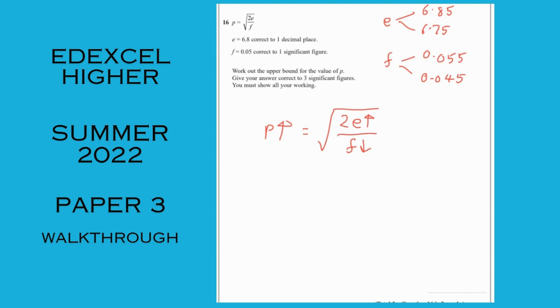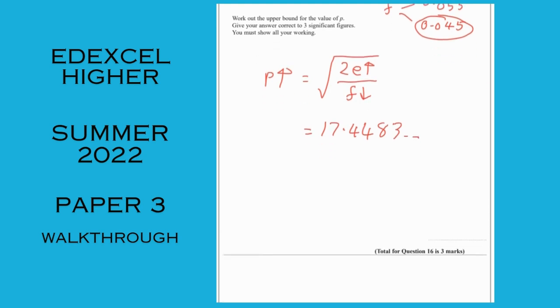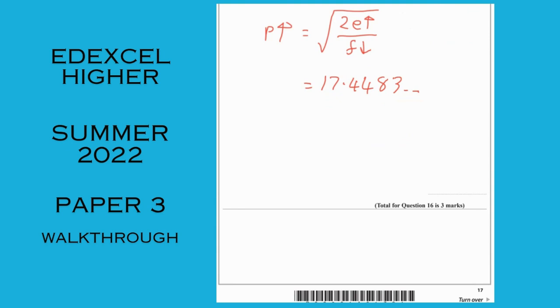So we're going to be selecting 6.85 and 0.045. Stick it all in. So on your calc, square root, stick the whole thing in, 2 lots of 6.85 over 0.045. Your calc says 17.4483 and so on. It wants the answer to 3 significant figures. So that'll be